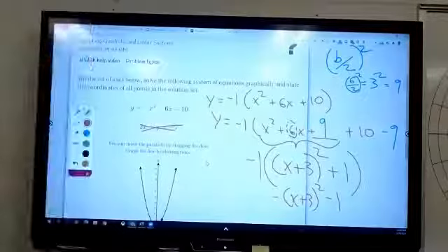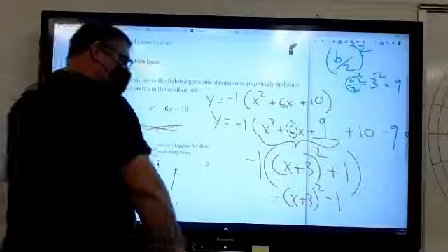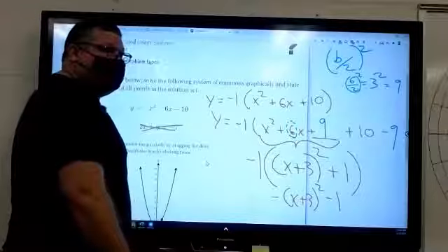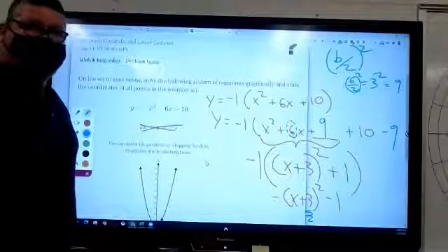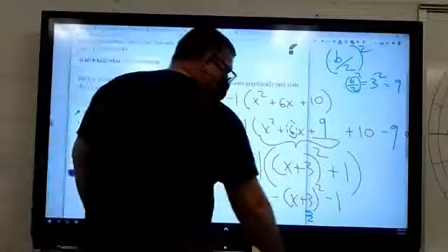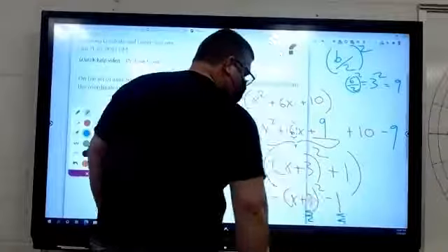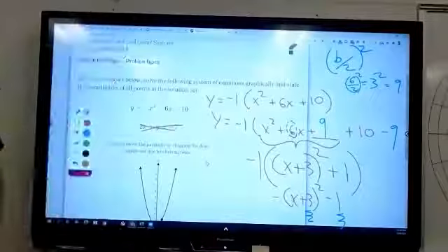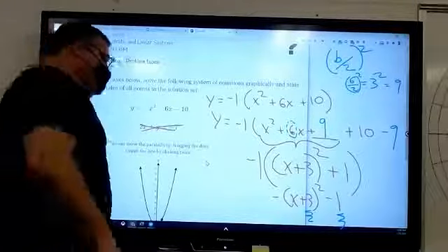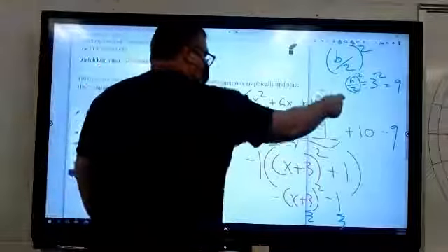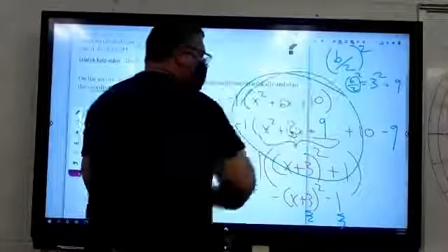From here, this tells me the vertex. Where's the x part of the vertex? Probably. There it is. What's the y part of the vertex? There you go. Now, it's a little sneakier than that. Okay, it's a little sneakier than that. But that's the basics. What you guys need to be able to do first is you need to be able